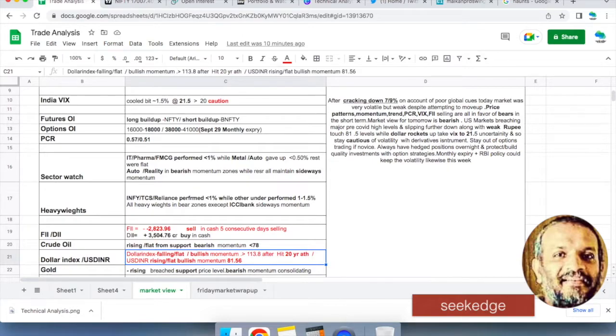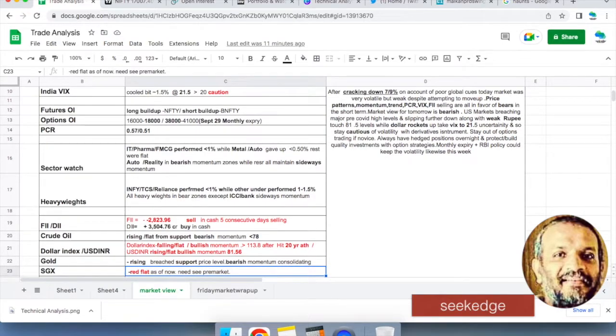And oil is at crazy levels, a multi-year high, shooting up to 113.8 kind of levels. USD INR is also at an all-time high, 81.5 kind of levels. Right, these levels are the concern. Macroeconomic concern. All the currencies across the world are cracking today. There was some pullback in the Asian currencies in the global markets, but it's a poor global market performance that you see across.